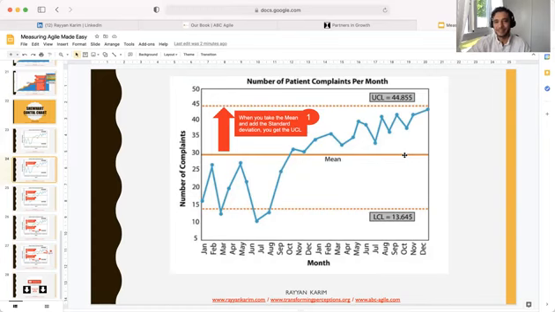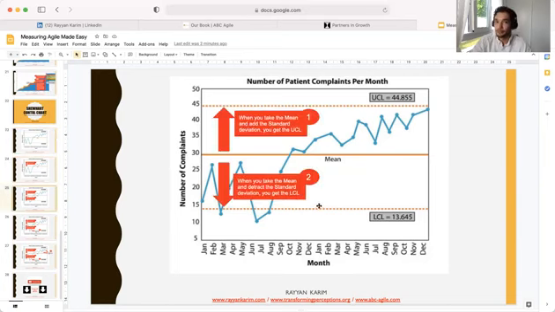If you add that standard deviation to the mean, you get the upper control limit, this dotted line. And if you take it away, you get the lower control limit. Now, this is amazing because now we're starting to see between that upper control limit and the lower control limit, what this is telling us is that all of the data points within those two lines, all of the points within those two lines are because of the natural systemic way that all of the parts that come together to